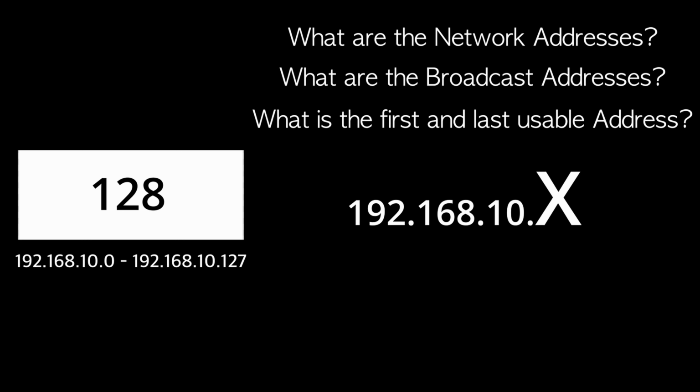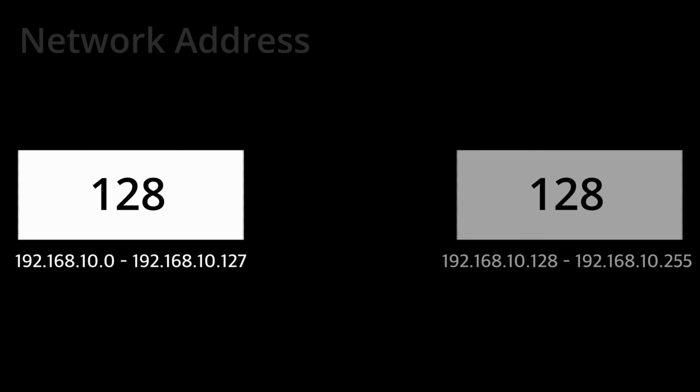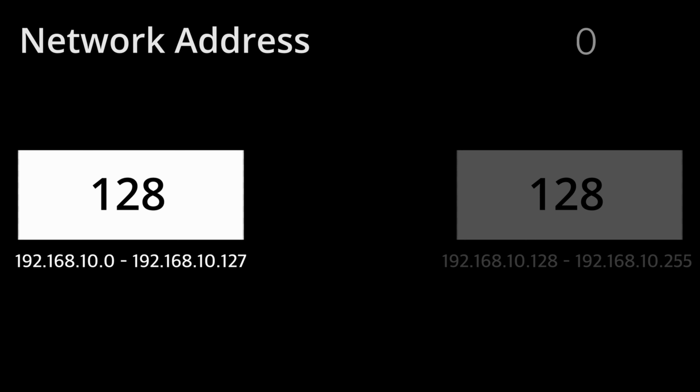The x could be a number between 1 and 254 on a /24 network. So let's work this out. Network addresses. So we have two blocks of 128, 0 through to 127 and 128 through to 255. Just think of 128 as 0. So to get from 128 to 255, you'd be counting 128 times. The first 128 block has a 0. That's quite easy. Our network address is going to be